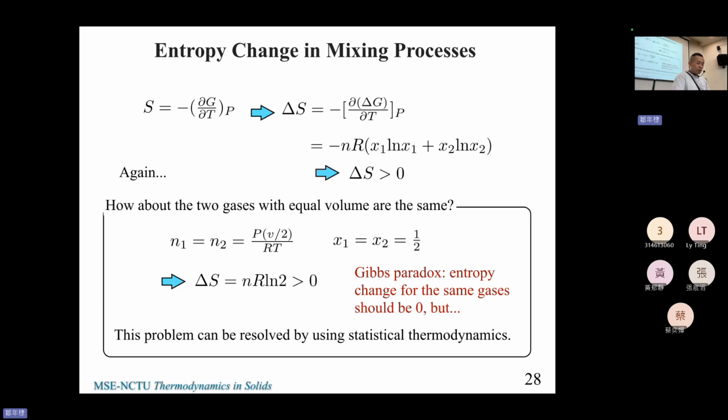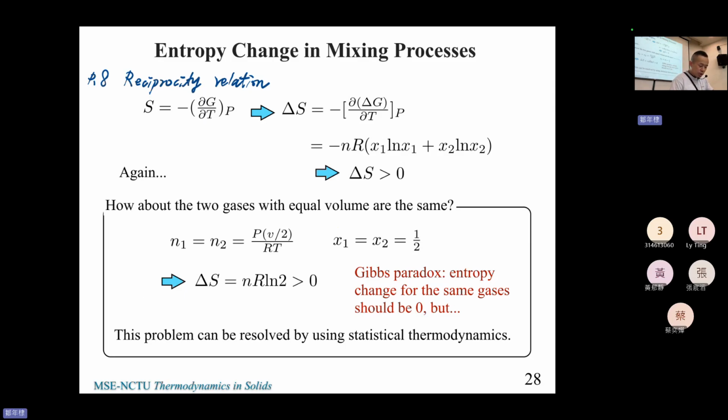So what kind of entropy change is there in ideal gas mixing? So S is equal to something like this. Although it looks not that familiar, we actually mentioned it before on page 8. This is one of the reciprocity relations. So you can obtain that on page 8: S equals minus partial G over partial T at constant P.